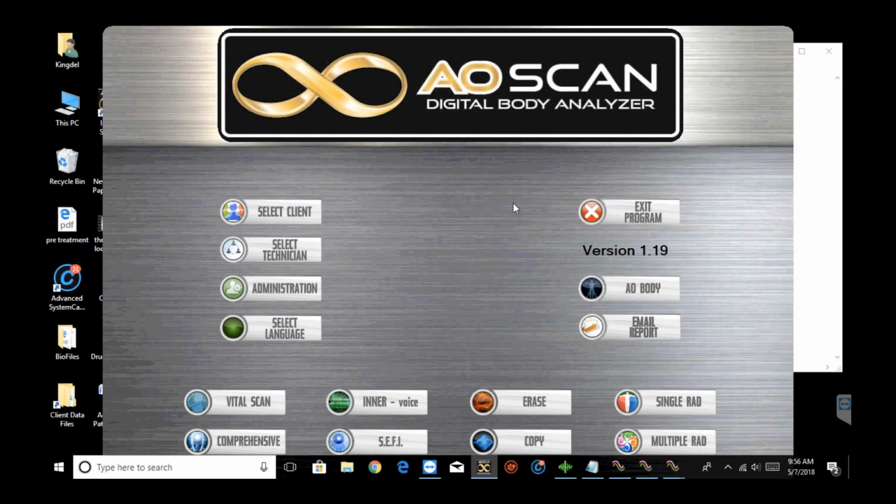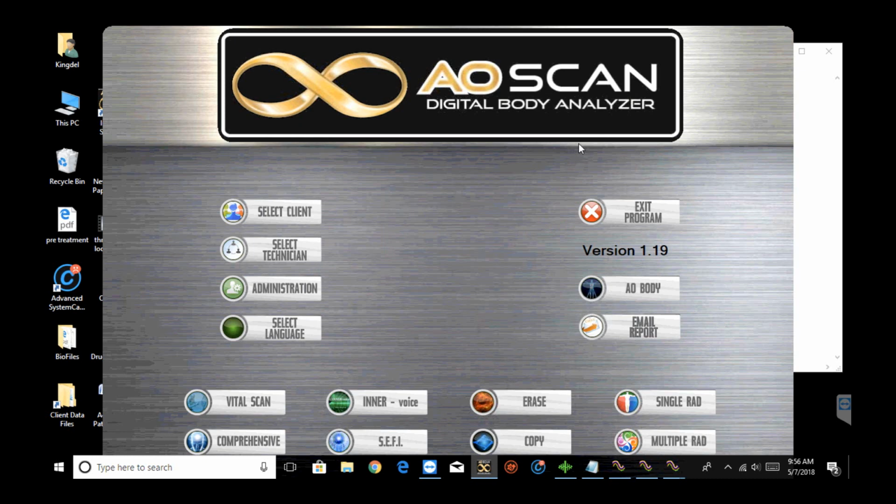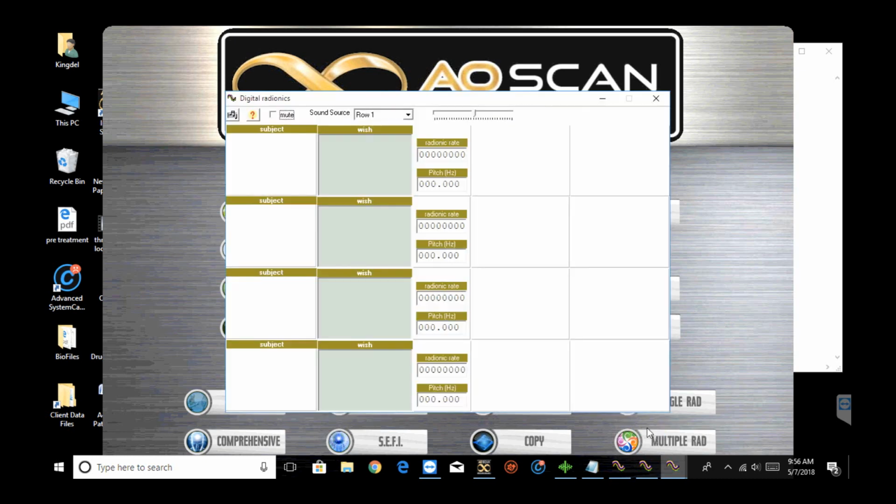Now that you're back on your dashboard, I'm going to show you how to use the single RAD and multiple RAD. They're pretty much identical. One allows you to do a single and the other one allows you to do 4 at a time. Generally you're going to have more than one thing, so you're probably going to use the multiple RAD more than